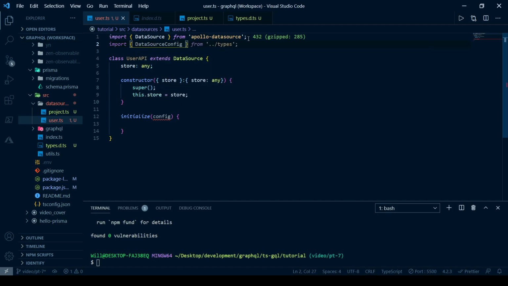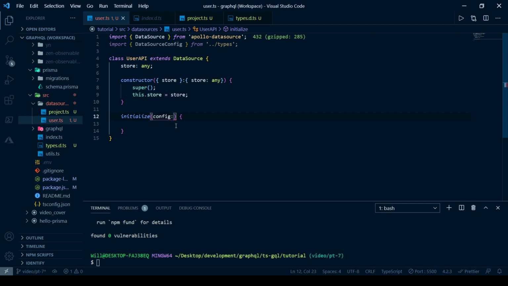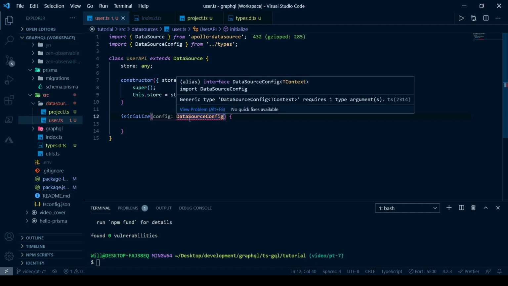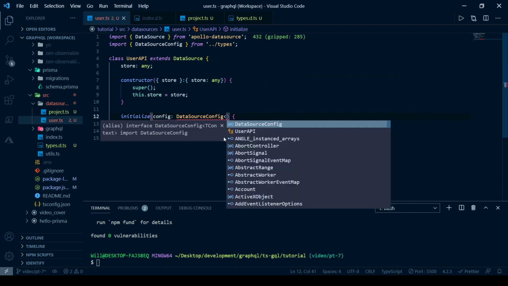Data source config. Sorry, that's what we wanted to declare. Now it says here that it requires one type argument. So we could just say any,